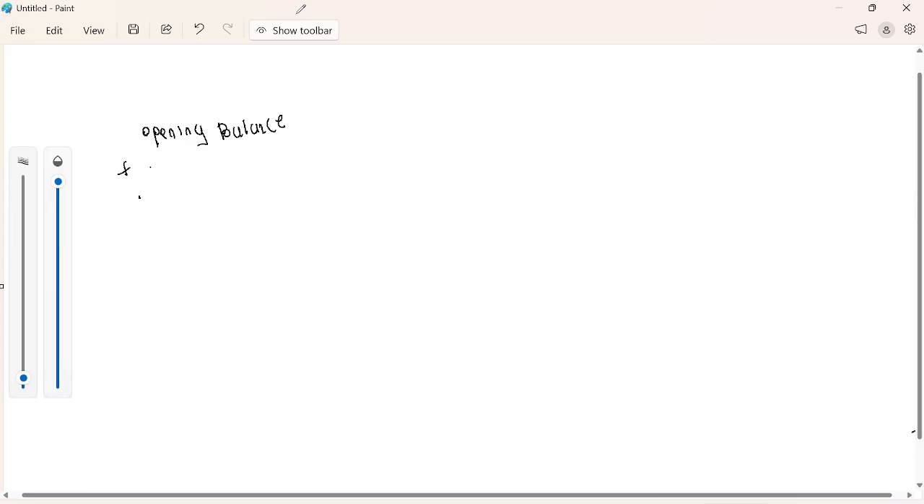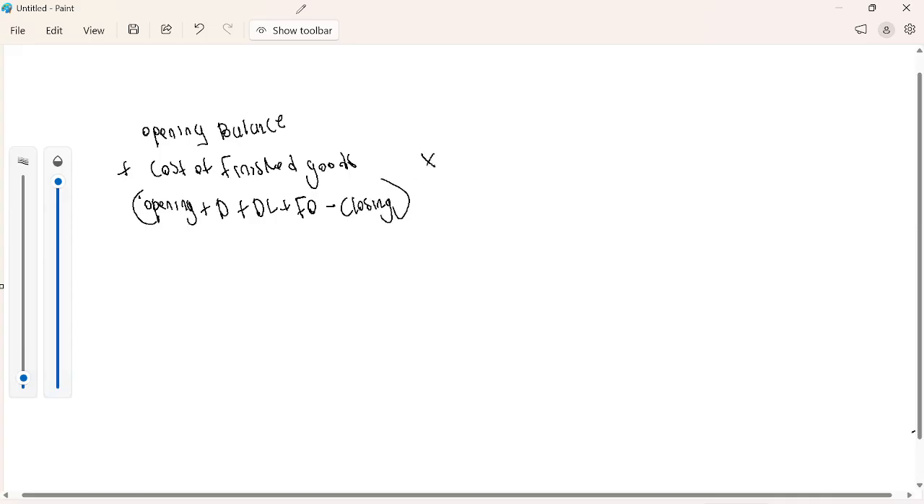plus cost of finished goods. What is this amount? This amount is the one that comes from work in progress. How are you gonna calculate it? You're gonna say opening balance of work in progress, plus direct material, plus direct labor, plus factory overheads, minus closing balance of work in progress. This will be the amount that you got,